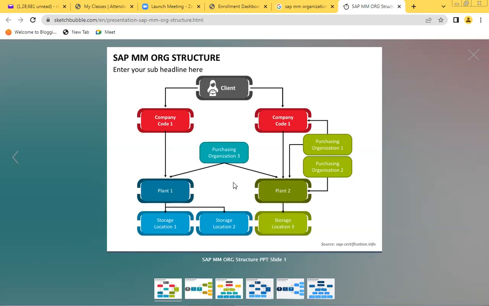So please don't misunderstand this word client. Here the client is referring that different servers are being kept in SAP system to manage all the configuration work, all the master data work, and all the transactional data work in SAP system. Okay.